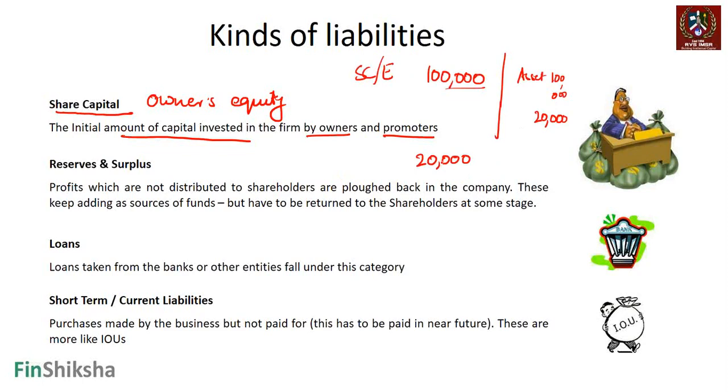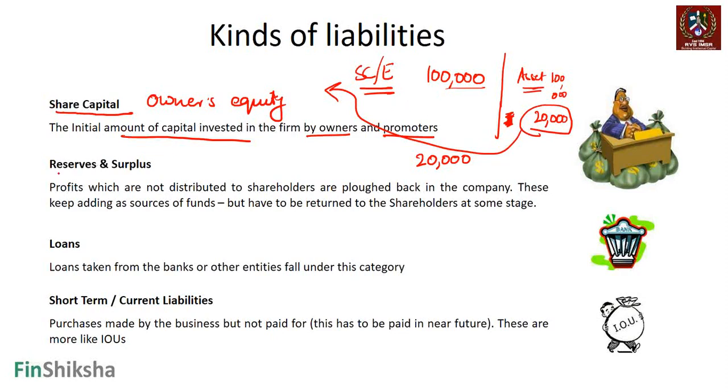Whose money is this? This money is from the equity guys or the share capital or the owners, right? So this 20,000 belongs to them. Either you could take this cash out and give it to these guys, in which case this is not there. This will go back to 1 lakh and 1 lakh. But if you have not given it to them, you have put this money back into the company in a sense. You can use this cash and buy more assets from this 20,000, right?